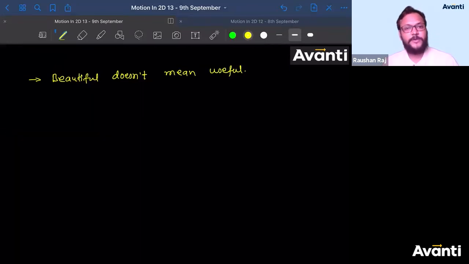And when you get convinced to make short notes, you'll realize that it takes a lot of time. Next day, you'll message me, sir, it is taking so much time to make short notes. What should I do, sir? I'm wasting my time making short notes. I'm not solving any numerical sets. The problem lies in the strategy, in how you want your notes. You don't have to put fair and lovely makeup on your notes. Just try to have notes which are useful and which you can read properly.